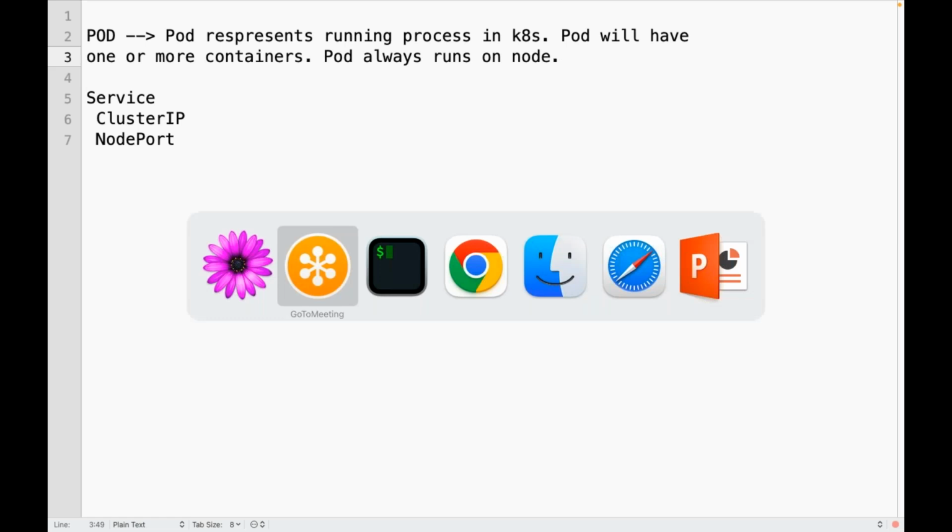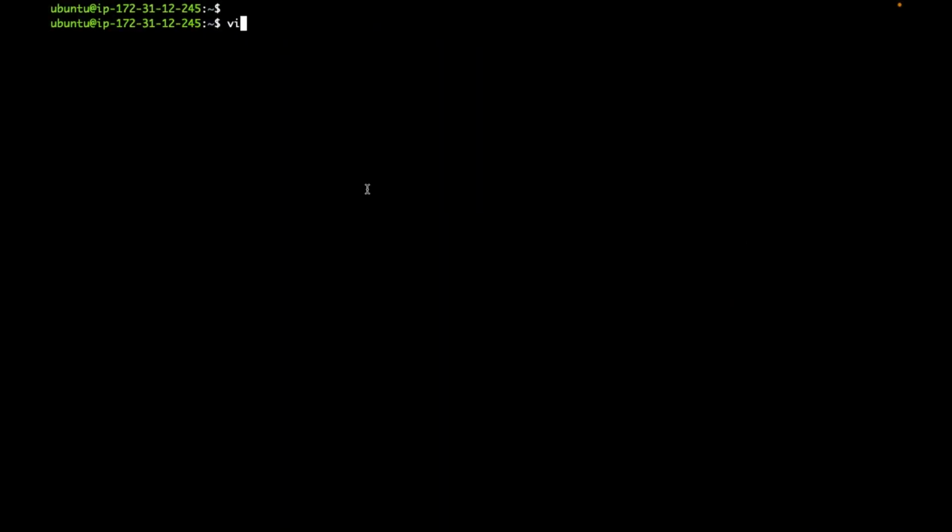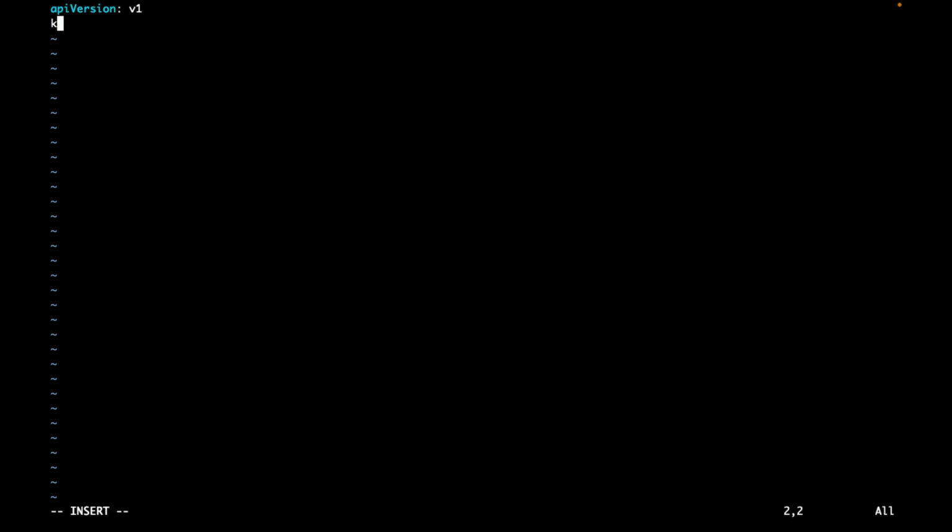Just to make it simple, let me create one multi-container pod just to demonstrate the connection. Okay. Now, apiVersion v1, kind Pod, metadata, name. This name can be anything.